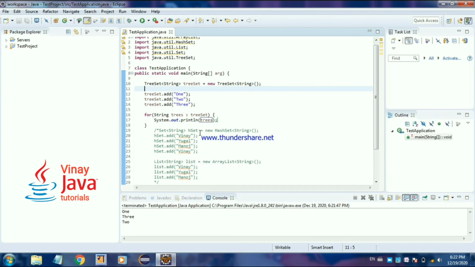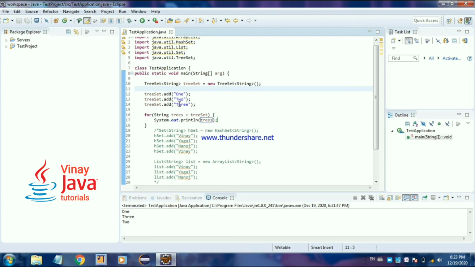So ascending means, for ONE, the O letter has an ASCII value less than the T letter's ASCII value. So when two strings are compared, ONE and TWO, O is smaller than T, so ONE will come first.